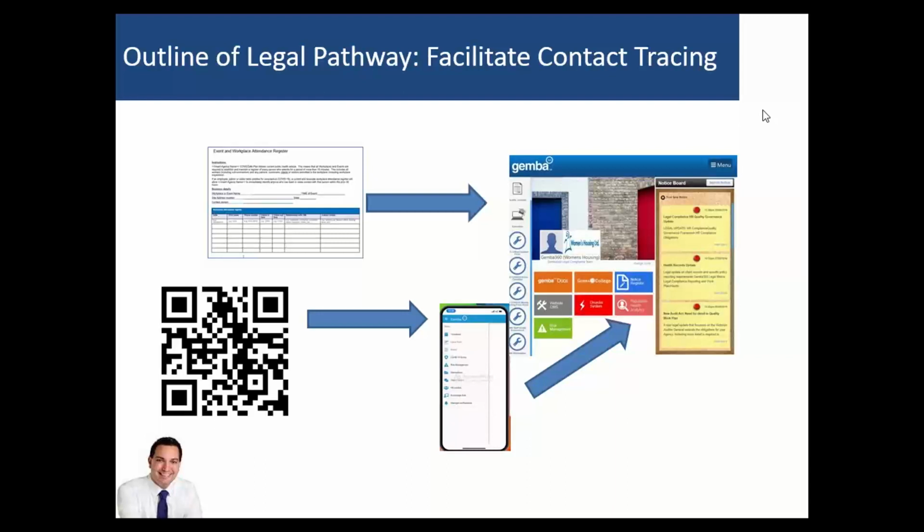Now, what we have from here is, let's see how this looks and where this information goes. So from here, how this works is this way. And I'll bring this up so that you can view this as well. And if I refresh the screen, then what we can see in here